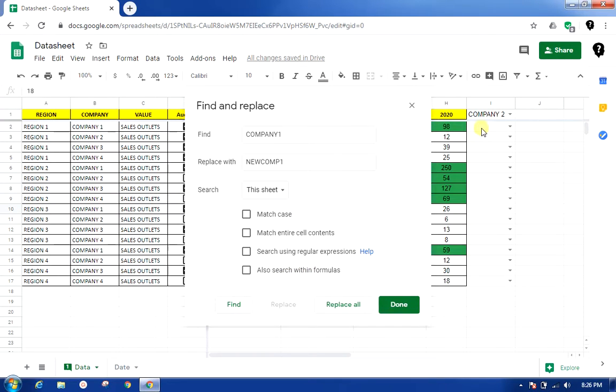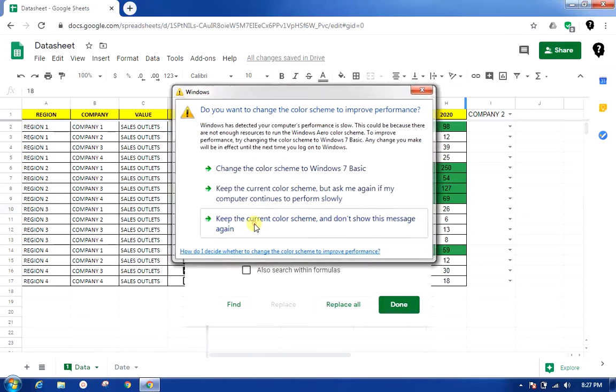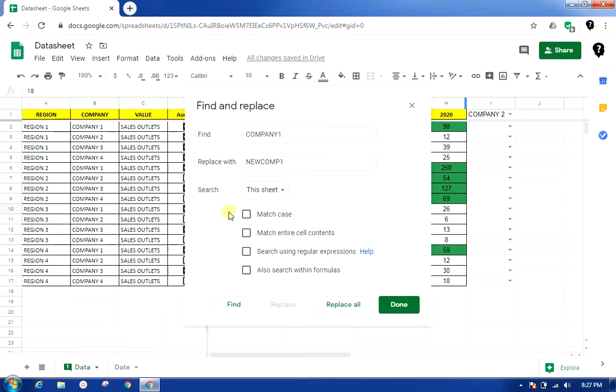So if we have a formula applied, and within that formula you want to search for a particular cell reference, for example, if we have a sum of two different cells, say A2 and B2, in that case we can put A2 in the find section and tick the checkbox search within formulas, so that within the formula it will replace the A2 value with our replacement value. Okay, so for now I'll go ahead with the default setting and click on replace all. Okay, so my existing data has been replaced now.